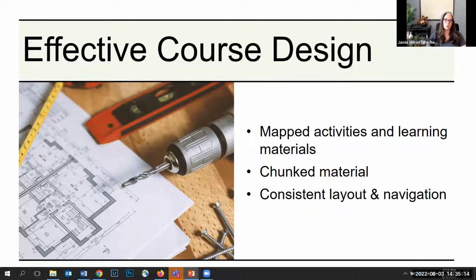Part of effective course design in helping our students make that progress from novice to master is making sure that we're laying out our materials in our course in a way that helps our students learn. One of the ways we can do that is by chunking our material. And chunking is actually a cognitive psychology term, which means that we can, as humans and most other animals for